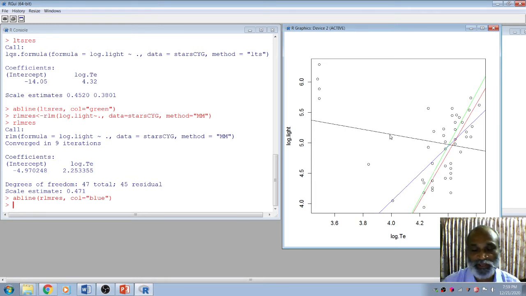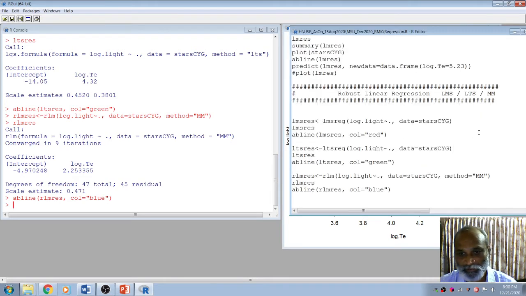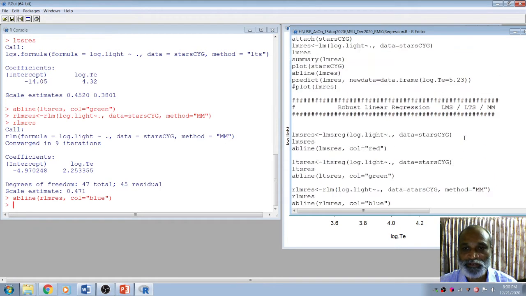So in this way you can fit the regression lines, then you can verify whether the fit is good or not by using the various measures that are there. This is one kind of visualization. You can see the fitted regression models when compared to LS. All these are fitted well, because the main reason is the 4 points are far away from the rest of the points.